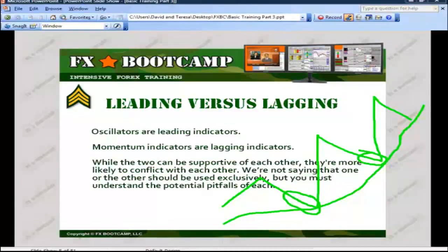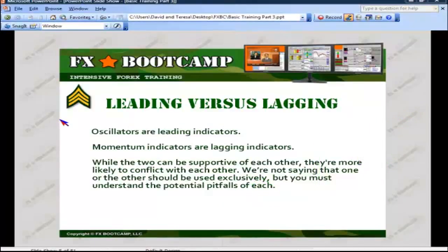So I'll say it again: when your stochastics are showing oversold conditions in the context of a strong uptrend, do not look for reasons to continue to sell. You need to look for reasons to buy, unless the trend has been redefined. Now, a redefinition of trend, remember, in an uptrend, changing to a downtrend would be a series of lower lows and lower highs. However, if you're oversold in the context of an uptrend, you need to look for reasons to buy